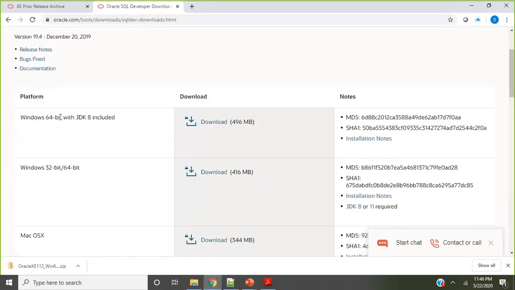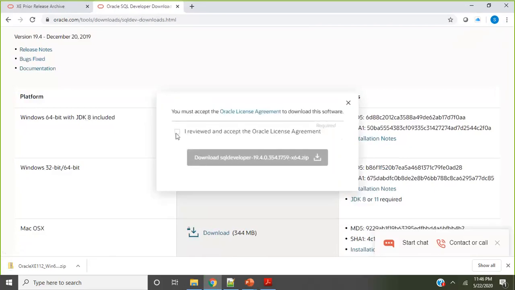If you have a 64-bit computer, the good thing is that this download includes JDK 8, so you don't have to install Java separately. Just download this one, and before downloading, you should accept the license agreement and start downloading.